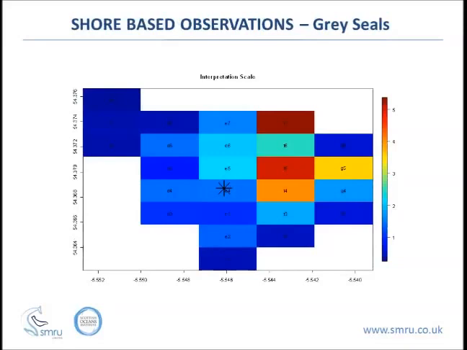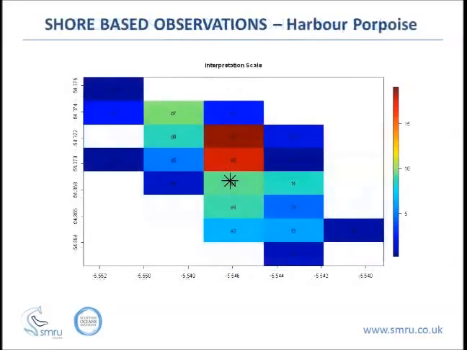The observer was actually situated on shore on the top right position of this plot, so more sightings of grey seals were closer to the observer, whereas the next slide, which shows the distribution of harbour porpoise, shows that more sightings of harbour porpoise were actually seen in the central channel closer to the turbine than to the sides of the channel. There were no changes in distribution with harbour porpoise or grey seal, or relative abundance with time or with turbine operation,